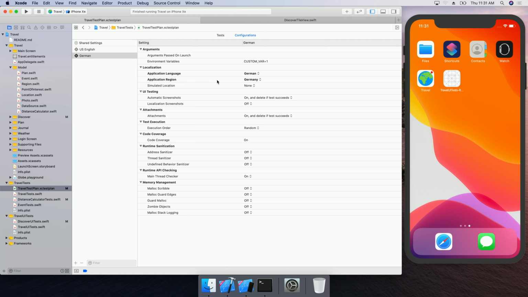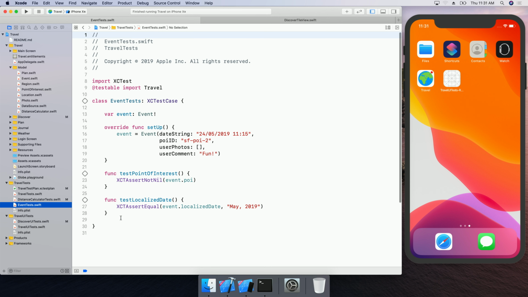All right, so now I've configured my test plan how I want it. Next, I'd like to show you a few ways that you can use test plans throughout the rest of Xcode. I'll go to a unit test file I've been working on called EventTests, which tests the Event struct in my app. It's just got a couple of small unit tests about this struct. And if I click on any of the test diamonds in this test file, because I've configured my test plan with 2 configurations, it'll run my tests 2 times total.